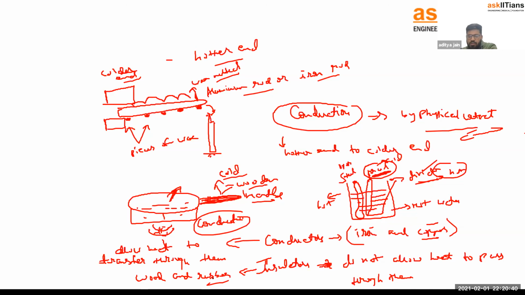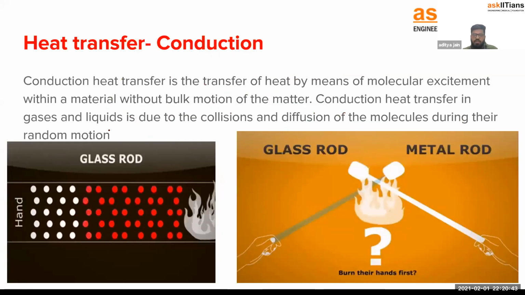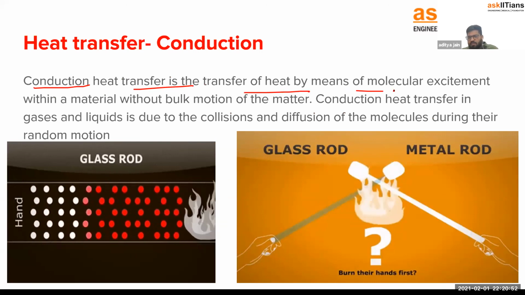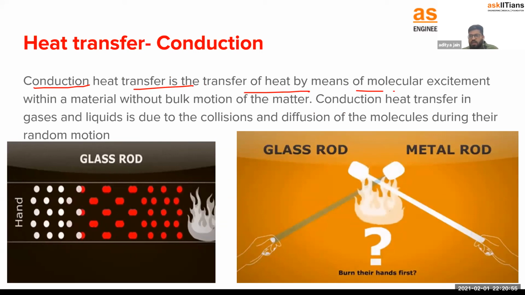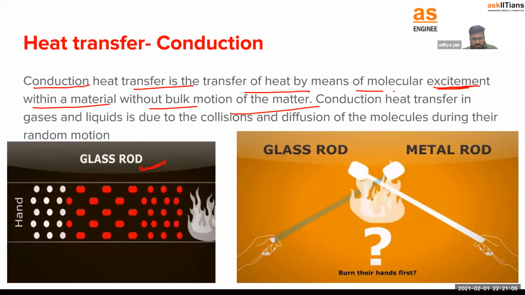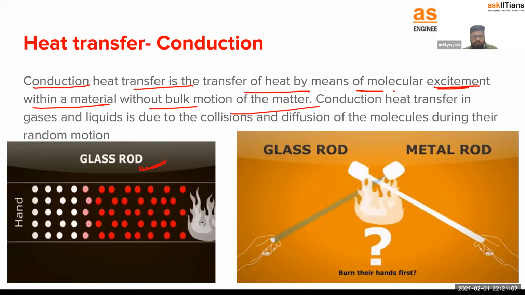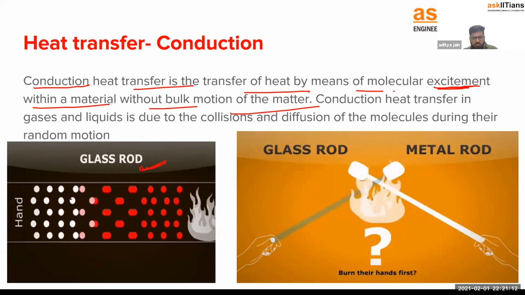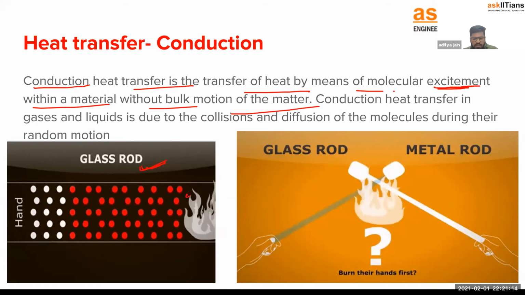Now we'll go into the definition part of conduction, what is actually happening in conduction. We are basically understanding the science behind conduction. Conduction is the heat transfer process where transfer of heat takes place by means of molecular excitement within a material without bulk motion of the matter. What is the meaning here? If you can see in this picture, there is a glass rod. It is heated by some flame. There is no actual movement of the molecules. Whatever molecules are present at the hotter end,